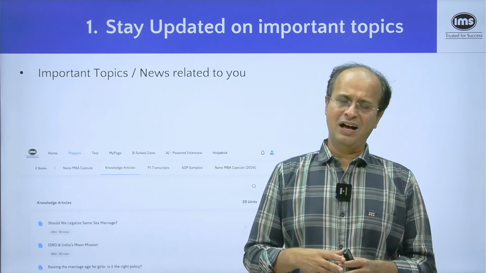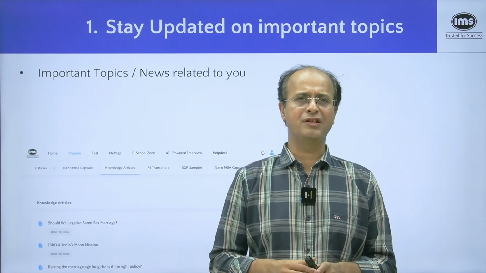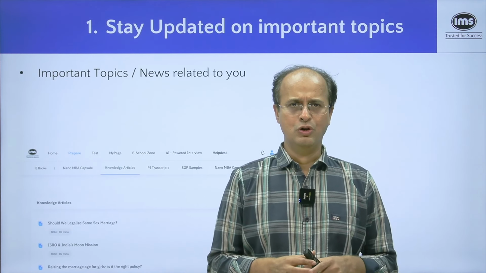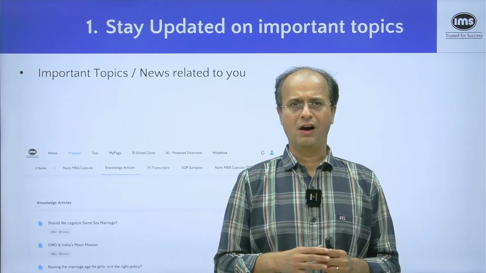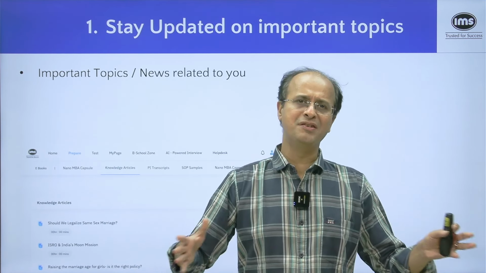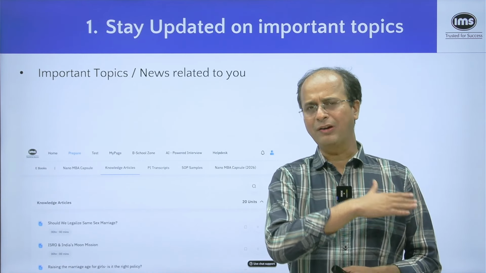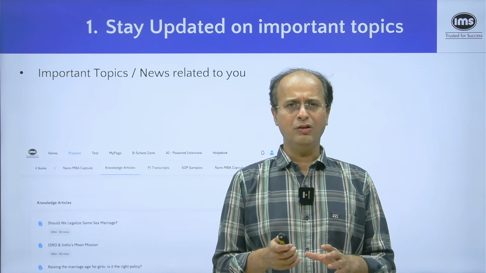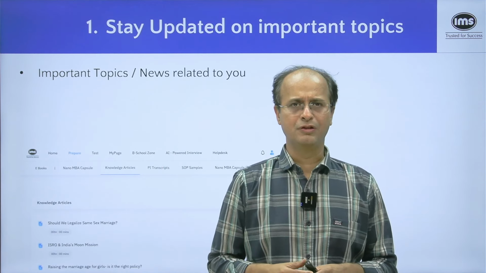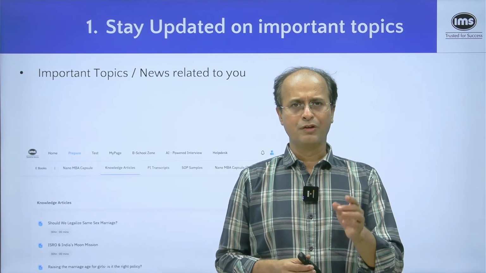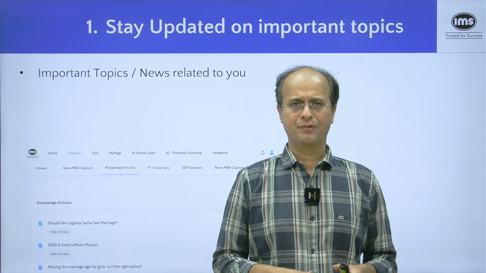Now, these articles are written after a lot of research. They have external links to be referenced in case you want to know further. So, for example, impact of AI on jobs, AQI, how do you handle the problem faced by multiple cities in India? All these are important and relevant points. Impact of AI on education. I'm sure all of you will face these topics in some form or the other in the upcoming GD-PI season. So why not devote some time to each of these 30 important topics and be prepared for the same, right?